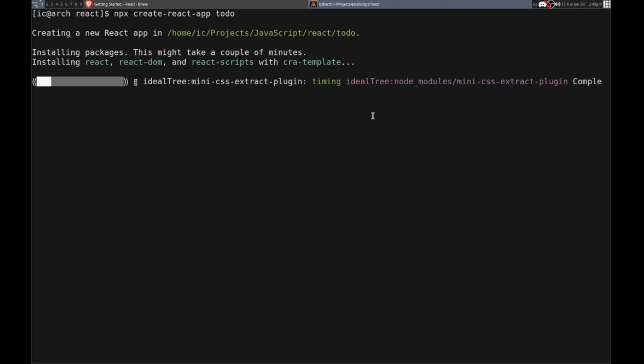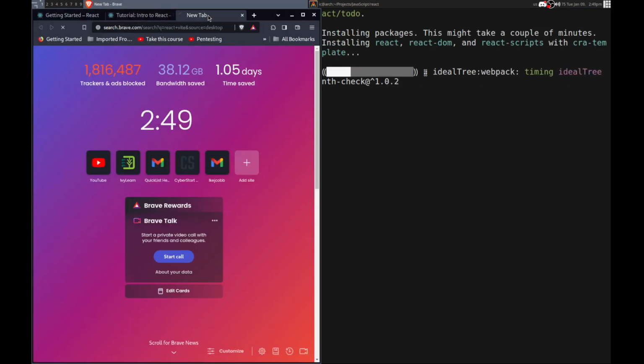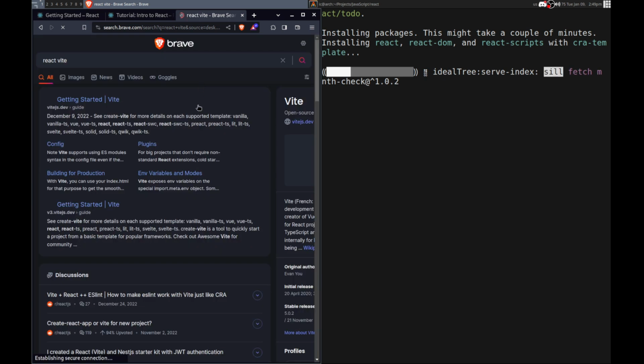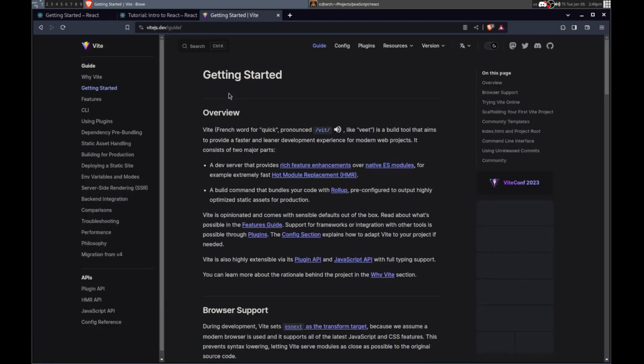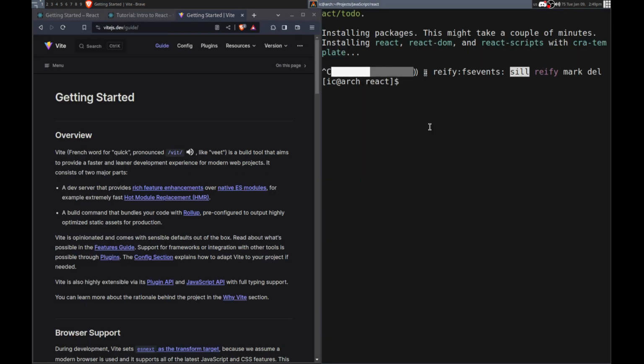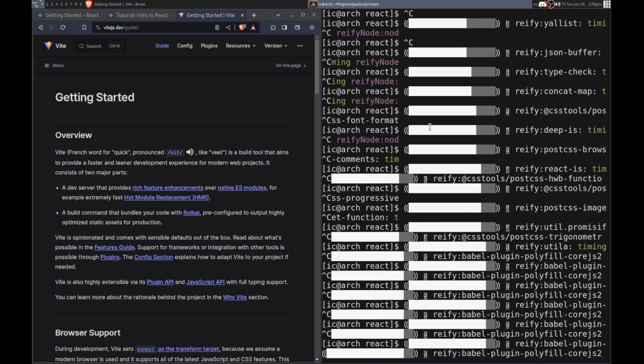Create Vite? Oh, Vite. Yeah, I don't know what Vite is. Why is that better? What difference does it make? Is it just more stuff? I've never heard of Vite. I have no idea what it is. Same thing, but faster and better? How's it the same thing? I don't understand what that means.